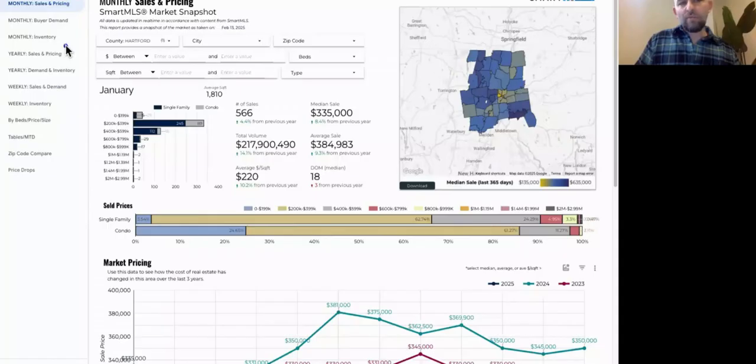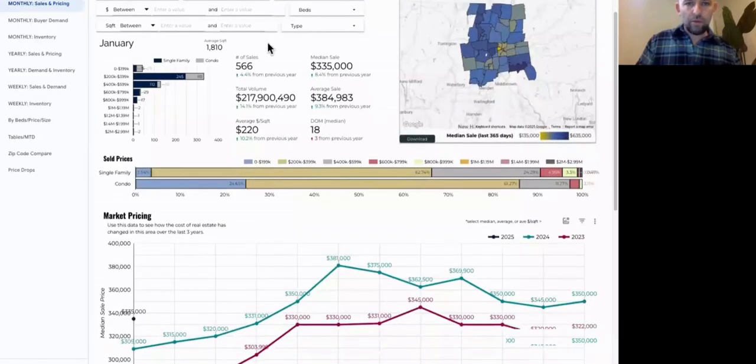Now, if you're having a monthly meeting on the first or second of the month and you want to talk about what we're seeing in the market that past month, these top 3 pages are going to do exactly that. And when we're thinking about data, the big 3 things we're thinking about is pricing, what's going on with pricing, has it shifted up or down? Buyer demand, which is kind of those underlying forces that are going to either put pressure upward or pressure downward. So this one kind of helps us talk about maybe even the future. And then the idea of inventory. I think everybody wants to know what that's looking like now. What's the balance? And so this is just a really nice place to go through and get the highlights.